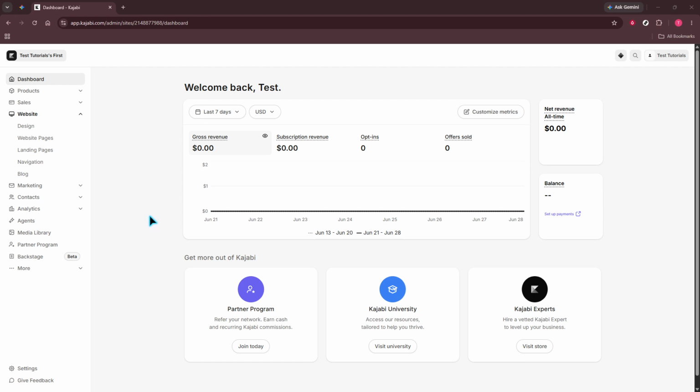Start by going to your Kajabi dashboard. This is your main control center, and it's where you can access the pages connected to your site. Once you're there, look for landing pages and click on it. That will open the area where your landing pages are stored. Next, click on the specific page you want to edit. Make sure you choose the page where the image appears, since the adjustments you make will apply within that page's